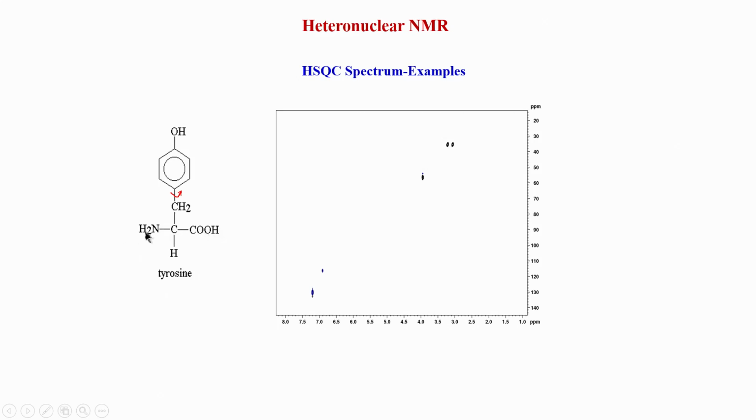Of course, in proteins you will have a peptide bond. So, it will not be COOH or NH2, it will be attached to a neighboring amino acid on this side and a neighboring amino acid on this side. And you have the beta CH2 group, which is the case for all the aromatic amino acids. Then you have this rotation. What is shown here is this aromatic part, and what this red arrow indicates is that the aromatic ring along with OH flips around this axis very fast. This is called ring flipping, and it happens at very high speed at room temperature.